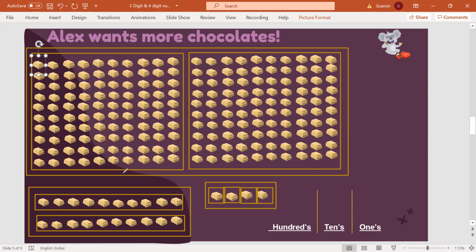So he made one group of 100 chocolates over here, and then again another group of 100 chocolates here, and he put it in the hundreds box. He brought a new box now in which he is putting 100 chocolates at a time. Now he saw that a few more chocolates are left, so he made groups of tens. So he was able to make two groups of 10 from the left out chocolates. Okay, and now how many chocolates were left? There were total 4 chocolates left. So he made 4 groups of 1 chocolate and put it in the ones box.